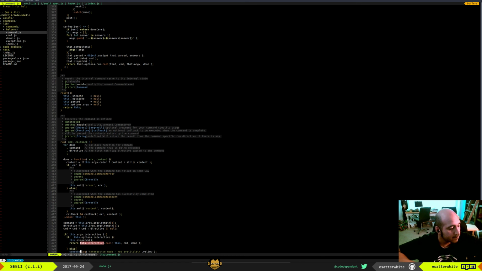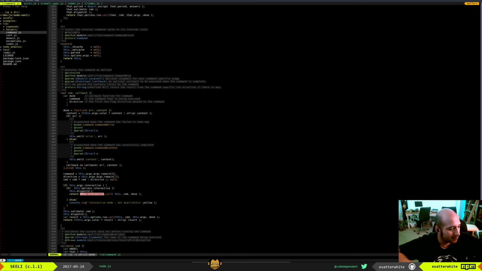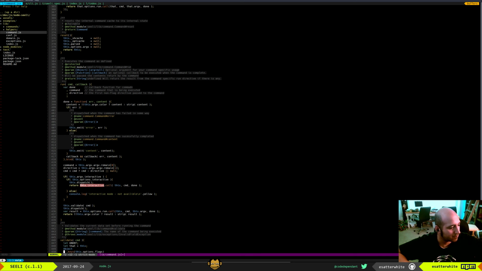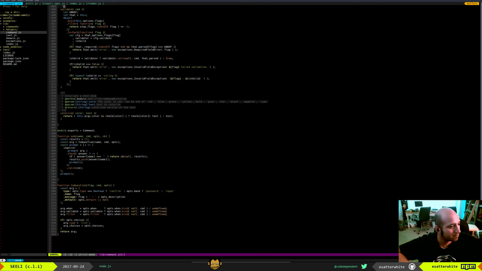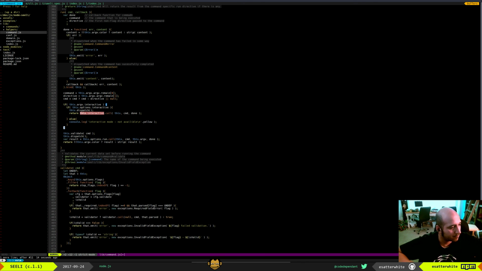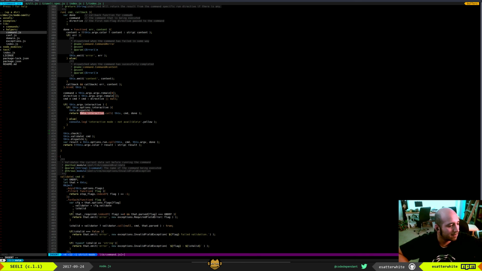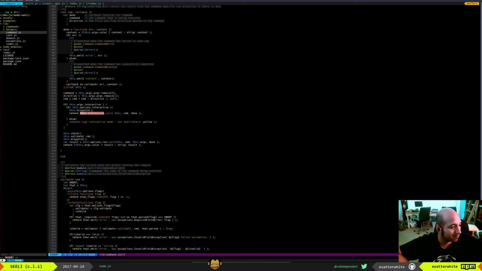Oh, there it is. If the interactive flag was passed, there's an extra space in there. So if interactive is passed, it will return. Oh, it'll just continue. And the interactive function. All right, so if it's not an interactive mode, we'll check for flags. We can reorganize this in a minute, but to get this playing,